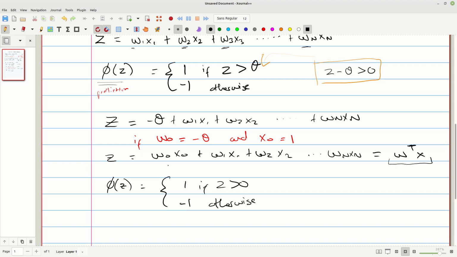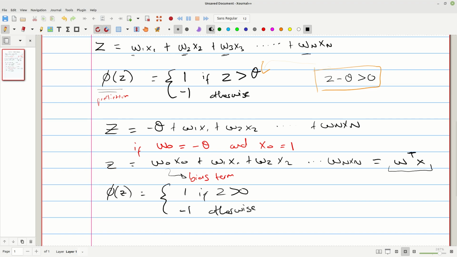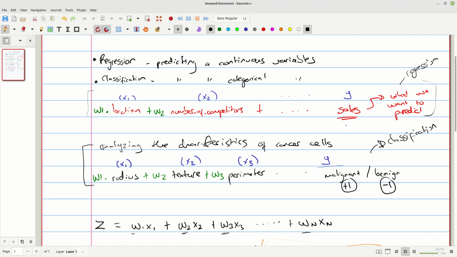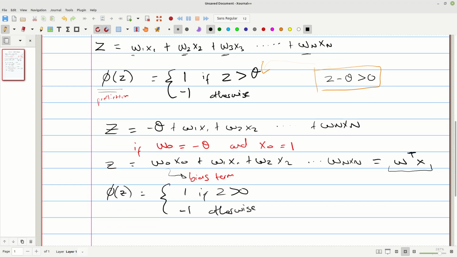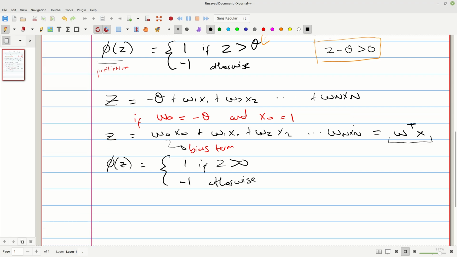And essentially, we call this w0 our bias term. I'm not going to talk about why we include this here. Actually, if you're interested, I looked at the regression problem in the other lecture that I'm going to link in the description, and you'll see why we need this term to begin with. But for the purposes of this lecture, I'm just going to skip through that so that we can cover more ground here. If you're interested in learning more, I'll talk about it later on, or you can also watch that other video. So that should also be fine.